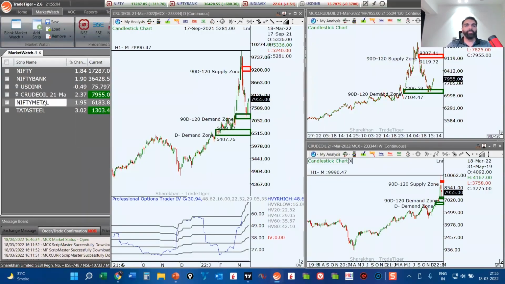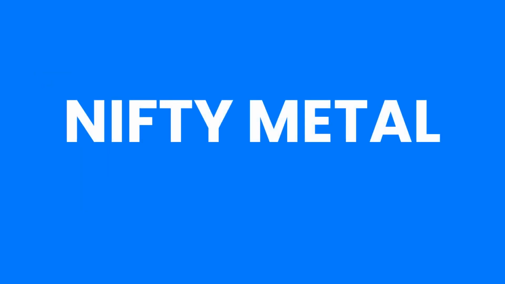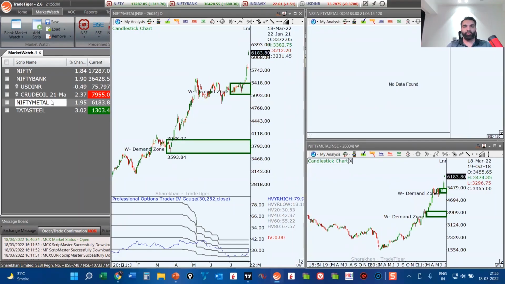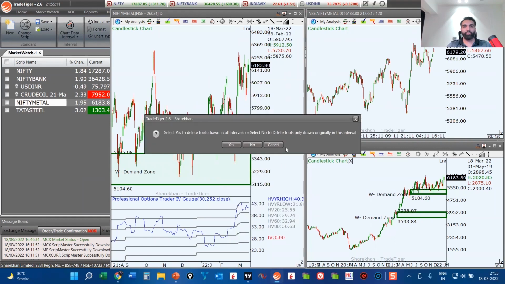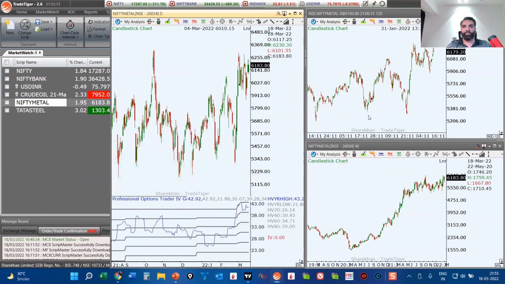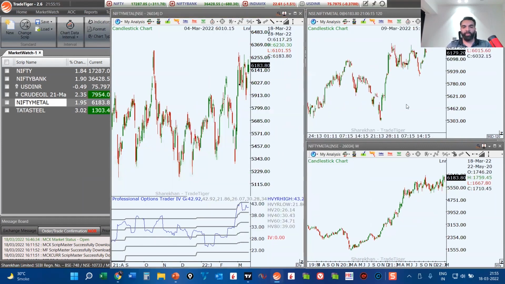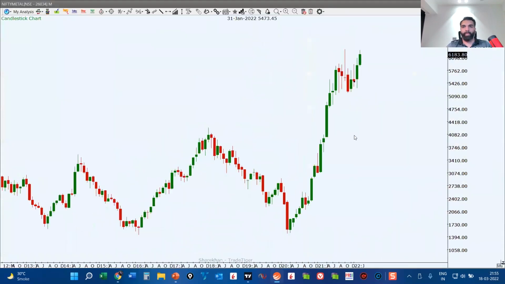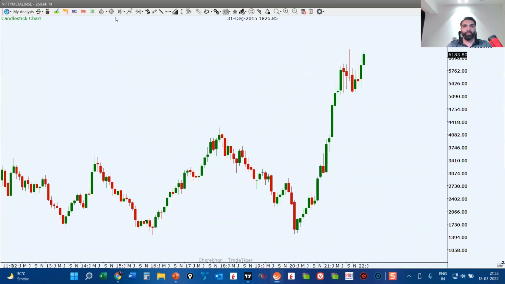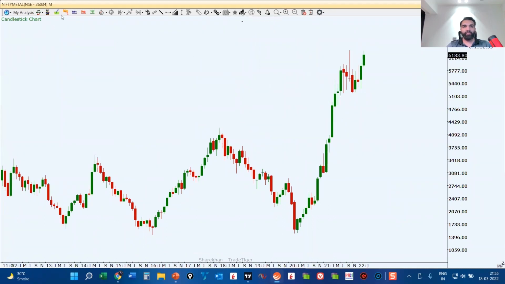All right. So today we are going to be talking about the Nifty metal sector. Okay, so let's open the Nifty metal sector chart and let us see what the chart is doing and what are some of the key levels on the Nifty metal that are in play right now. So the Nifty metal sector is making an all-time high, and that's very evident on the